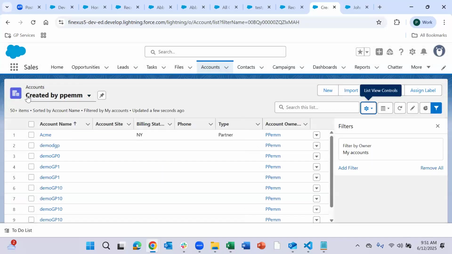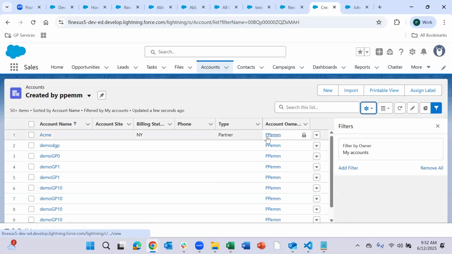So now here you can see whatever name you have created has come in. And now you have to filter only the records where your account owner is whatever name you have. This is the filters section where we can define the filters. Filter by owner has already been applied, based on who has created those records.